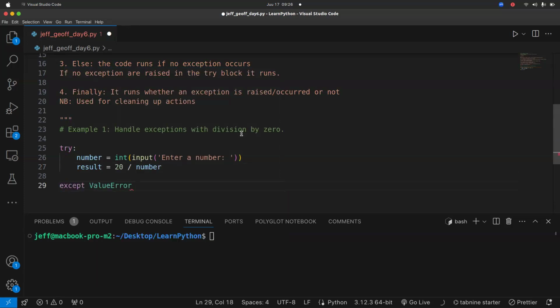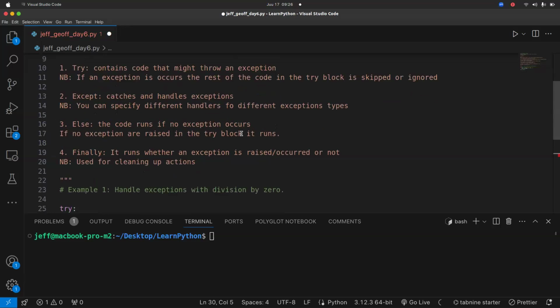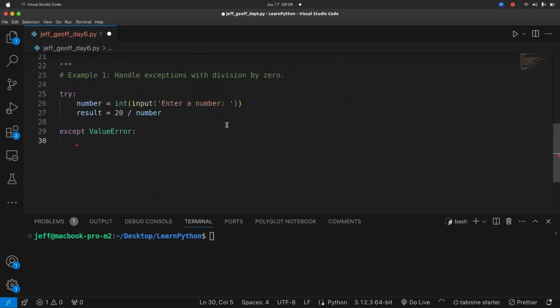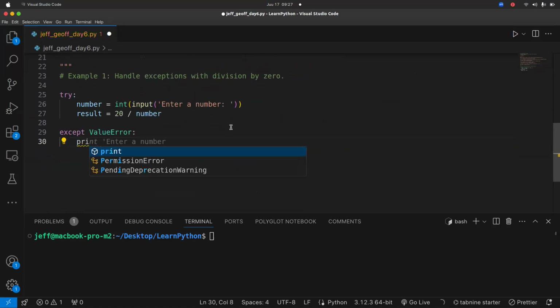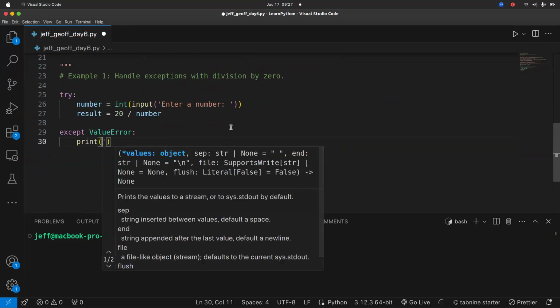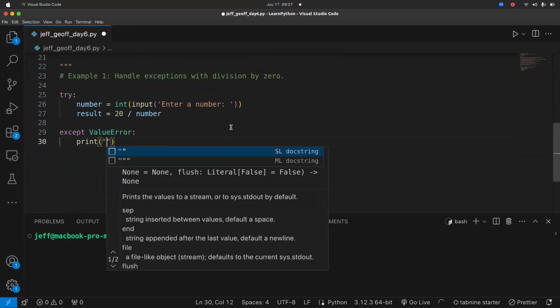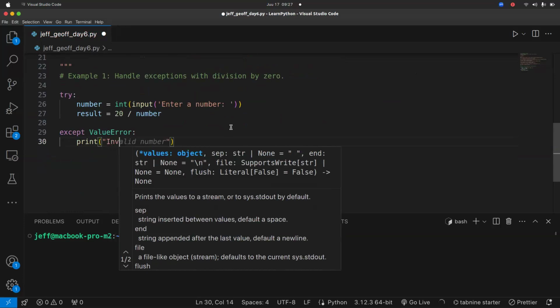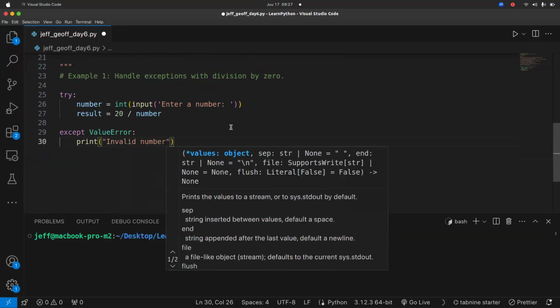So except ValueError. So we're going to say the except code is basically trying to do what? It is trying to catch an error. So let us just get an output from the print. You can use double quotes and say invalid number, okay?